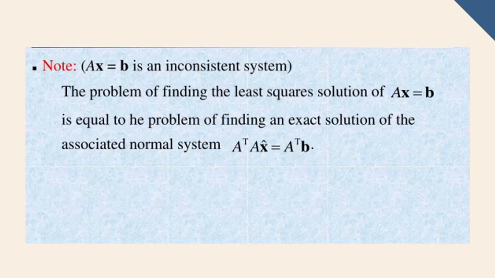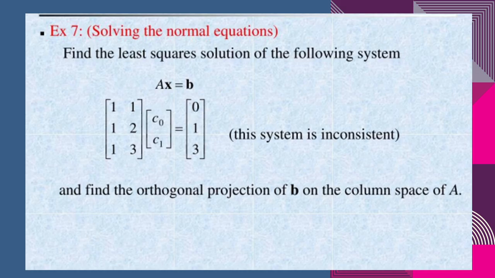Continuing from before, we know that our normal system set up as a matrix equation is the 2 by 2 matrix [3, 6; 6, 14] multiplied by our unknown c0 and c1 equals (4, 11). This is now a regular solvable system of two equations with two unknowns, and we can solve it using the same elimination or substitution methods we already know from our previous discussion or from algebra. So solving the normal system, we find that our least squares solution x hat is